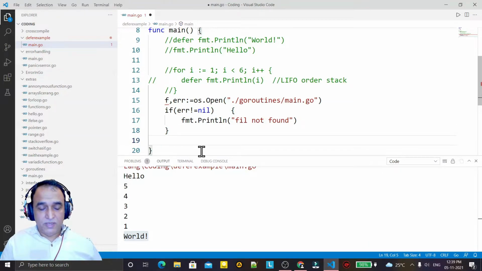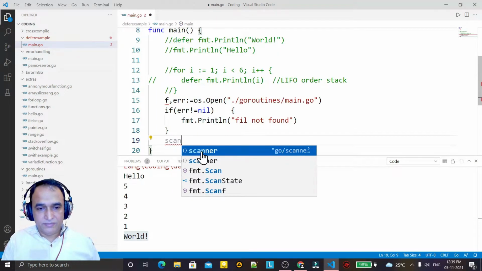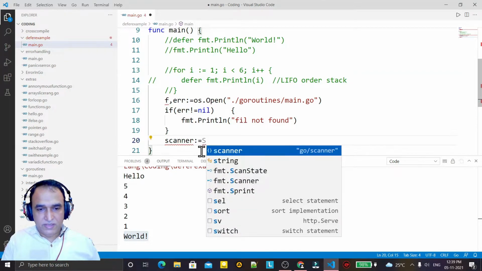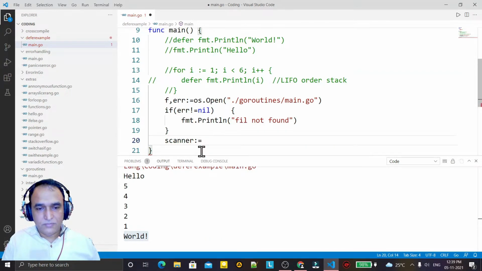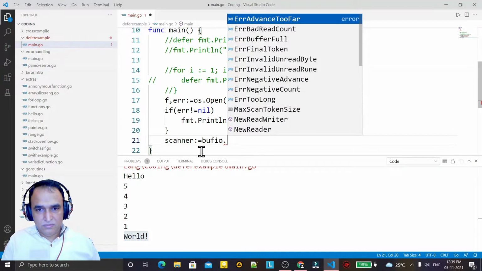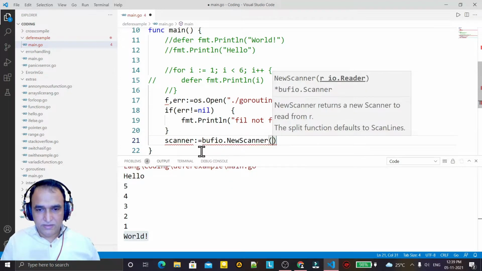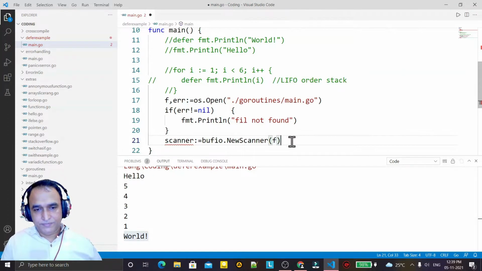If there is an error, that means file not found. Now f remains, so I read data from this f. I say scanner equals bufio.NewScanner, and I'm passing f here.